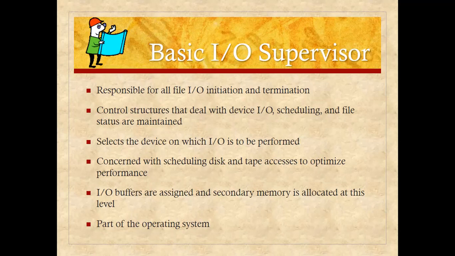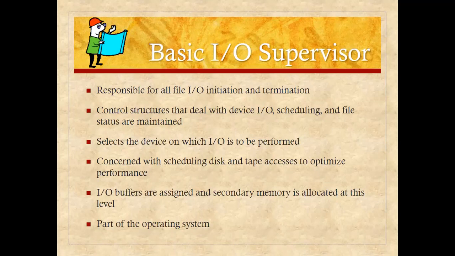Supervising means if two or more processes are required to change some data simultaneously, then this basic IO supervisor needs to be in front, and it will manage which particular process is going to change the data first. Otherwise, if two persons are changing the common data, then there might be an ambiguity case. Only the later person's data will be saved in the system.